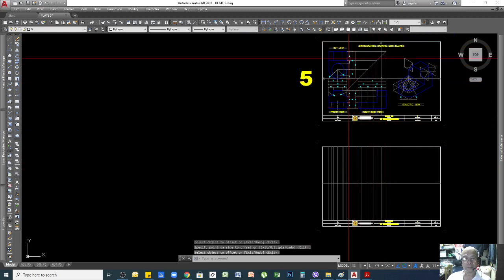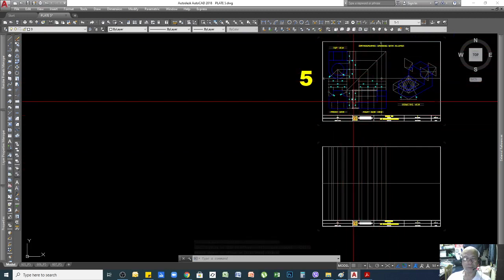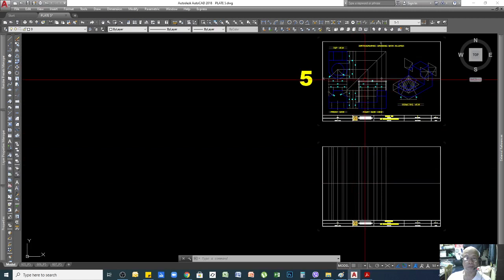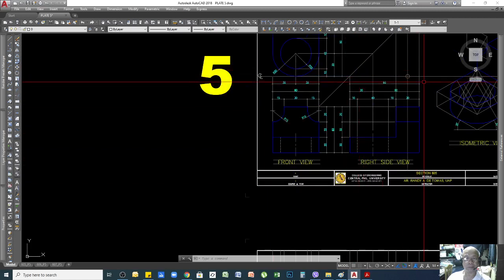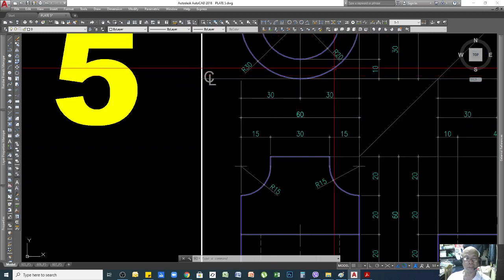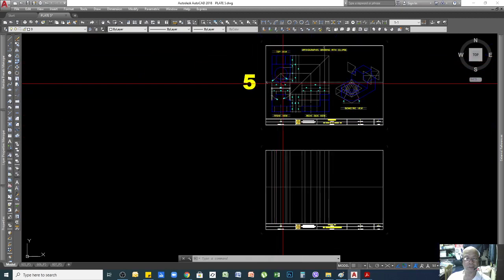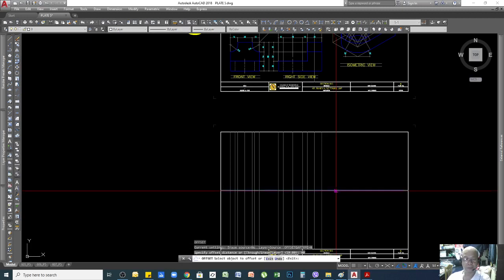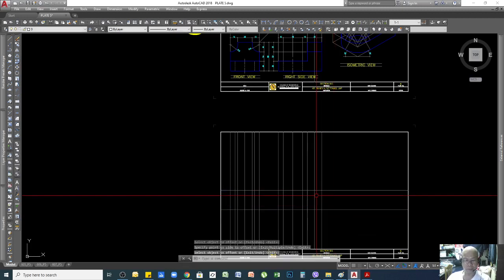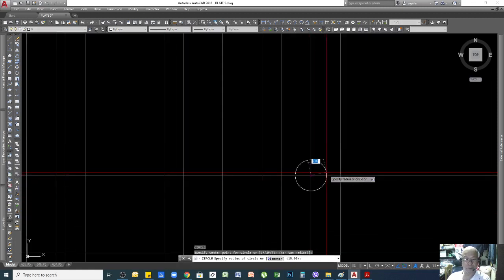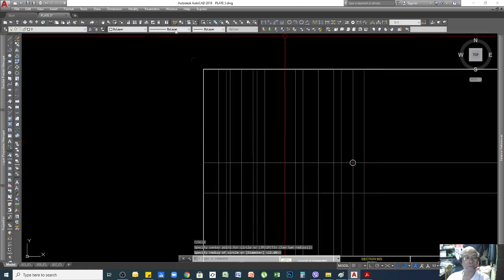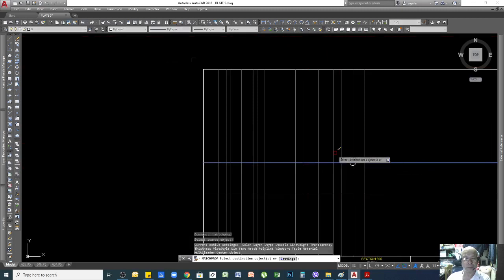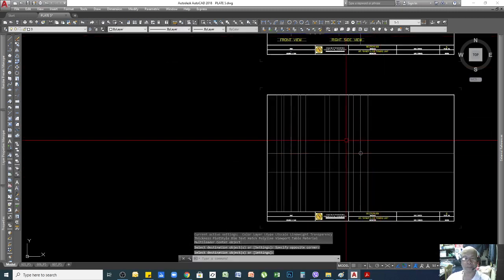Okay, all the vertical alignments or dimensions are complete, so I'll proceed with the horizontal distances. From our center line, it will be in line with our top view. The distance between the top view and front view is also 40, meaning I can offset my center line by 40 down. By the way, I will mark my center line first so that I will not get confused. This is my center line, or center point rather, of my paper.